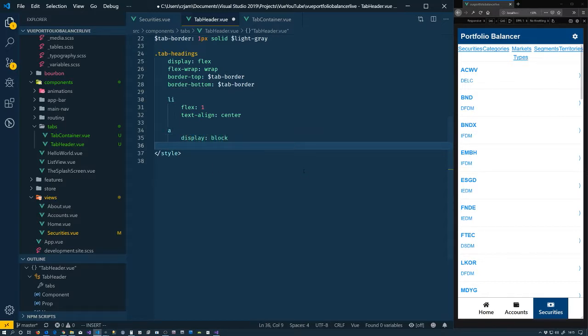Display block, padding 0.75, 0.5, and text decoration none. And on these, border right, and